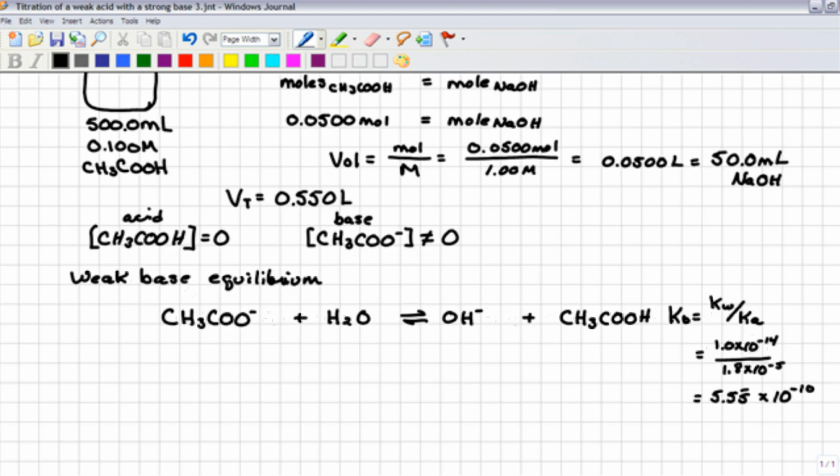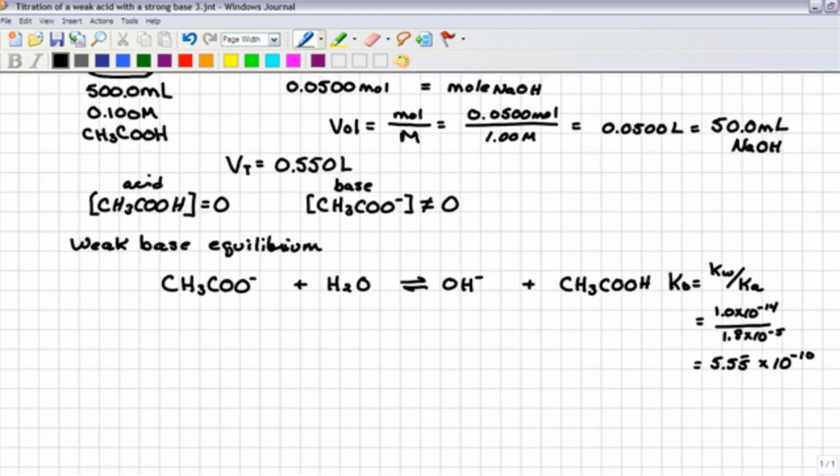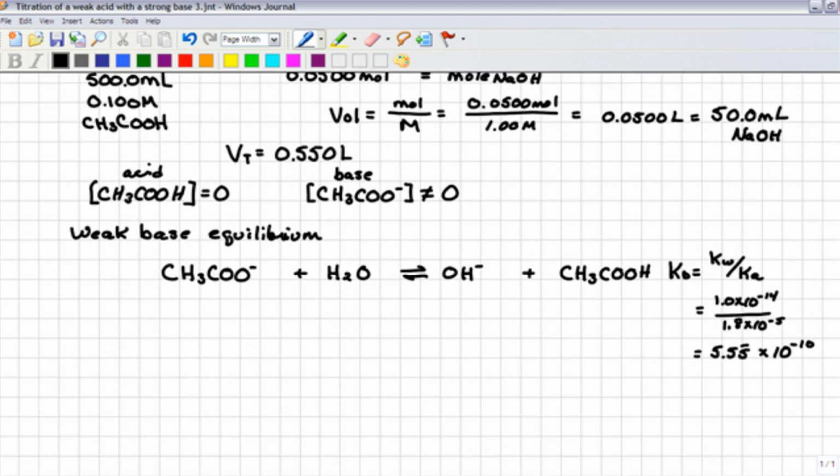All right. Now, what we have to do is move forward here with the actual ICE problem. And as part of the ICE problem, we're going to need to calculate the initial concentrations of things. Now, if you refer back to the previous problem, with every 0.01 moles of sodium hydroxide we put into the solution, 0.01 moles of acetate ions were produced. And so in this case, we've put in 0.05 moles of sodium hydroxide, and we will have a total at the end of the neutralization part of the problem of